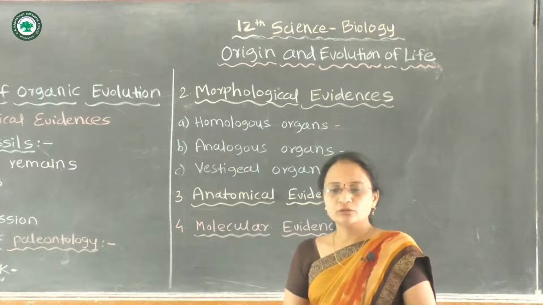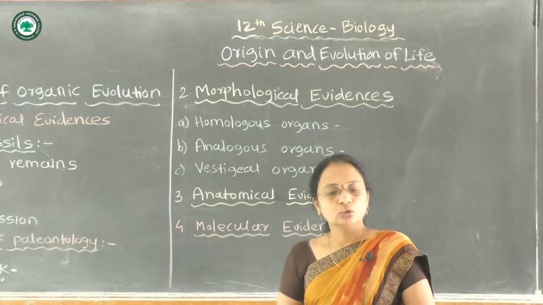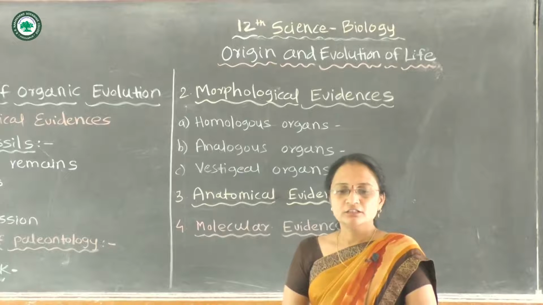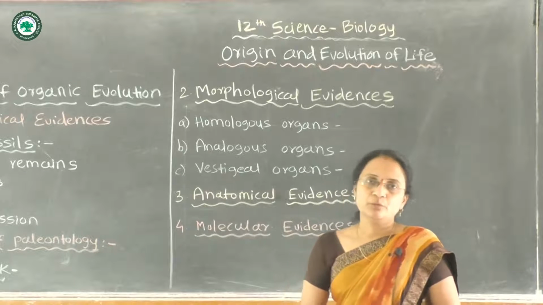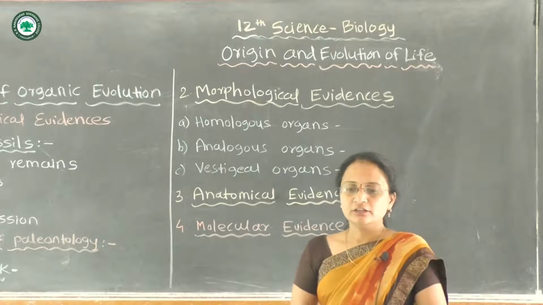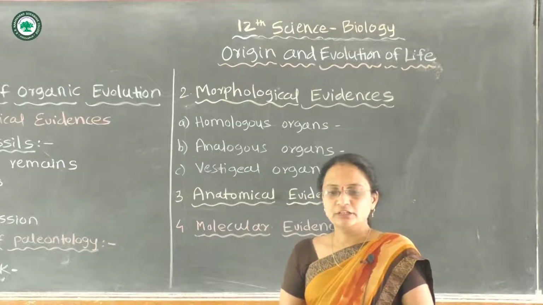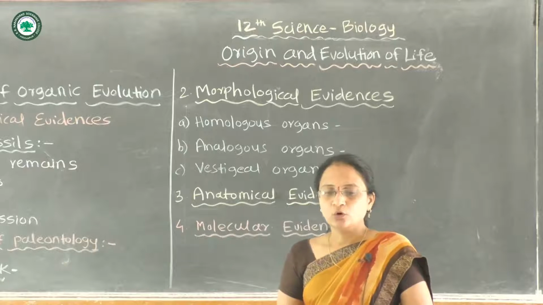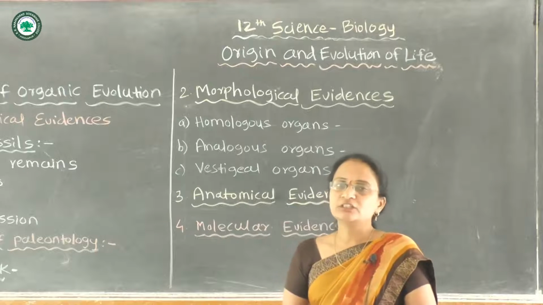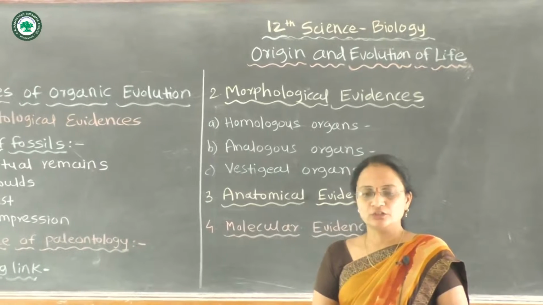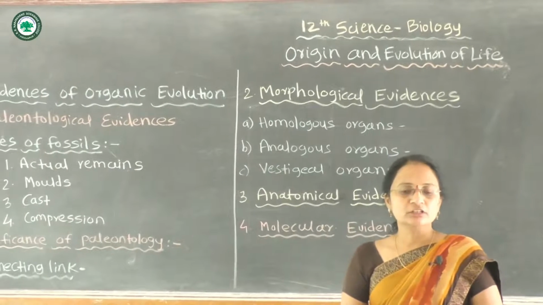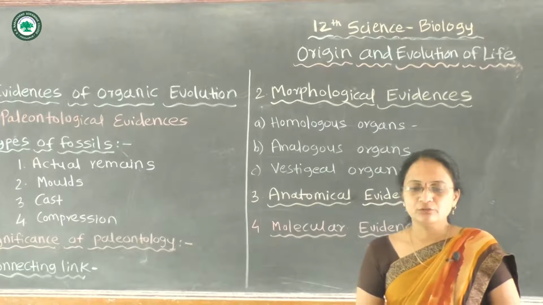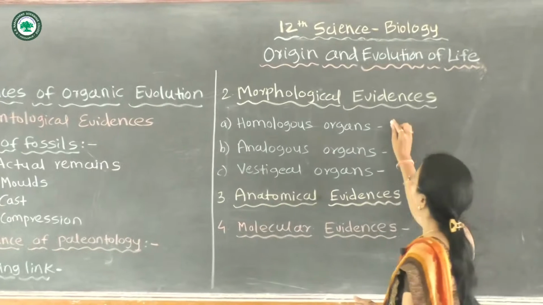What do homologous organs mean here? Those organs which are structurally similar but functionally different are known as homologous organs. They look similar in structure and their function is different. For example, here the forelimbs